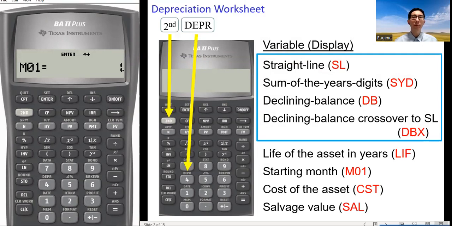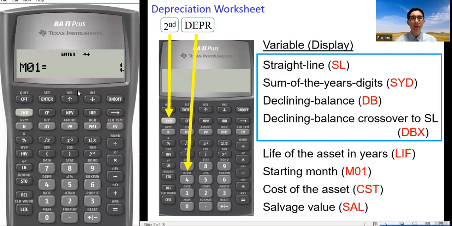For example, if you put the asset into use in mid-February, then we set M01 as 2.5. 2 stands for February, and the 0.5 indicates this is mid-February. If you purchase the asset at the beginning of October, then M01 will be set at 10.